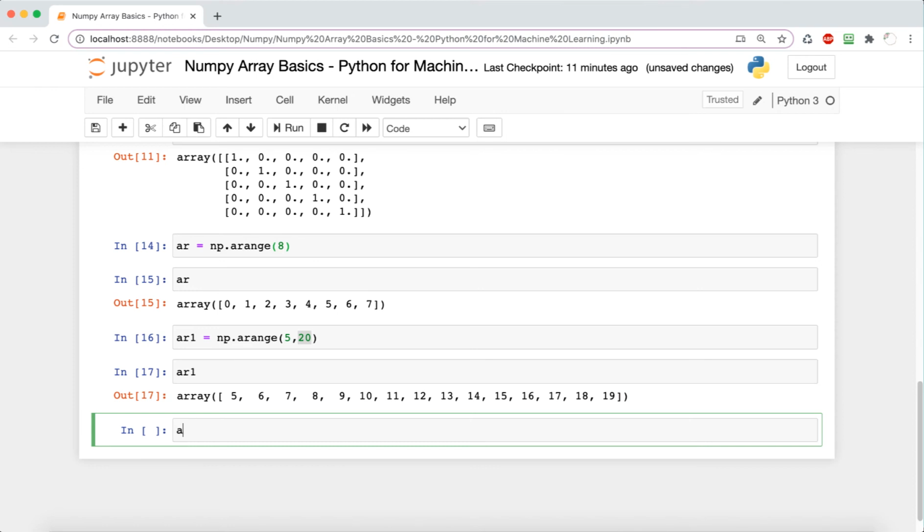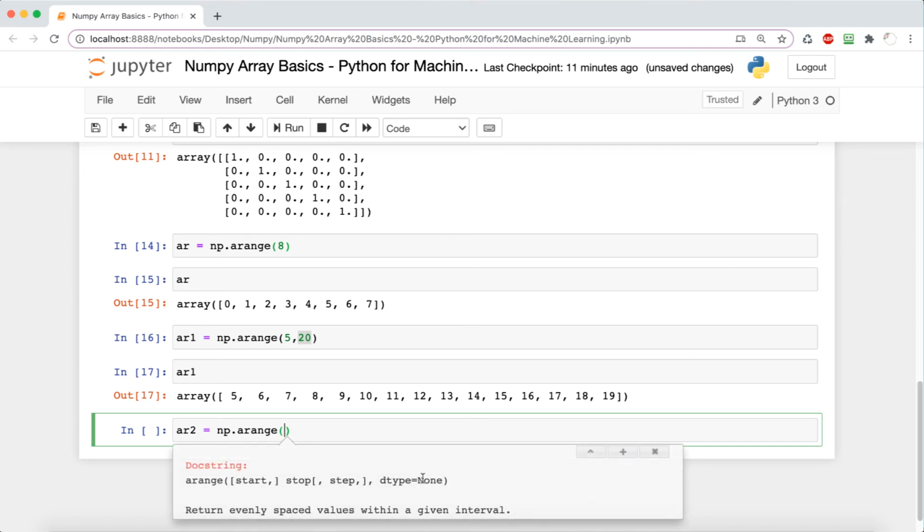So for the np.arange function, we can also supply 3 parameters. One way to see how many parameters and what types we need is to press Shift-Tab, and that'll bring up this docstring where we can observe what parameters it can take. So we see start, stop, and step. We've explored start and stop, and now we're going to look at what step means.